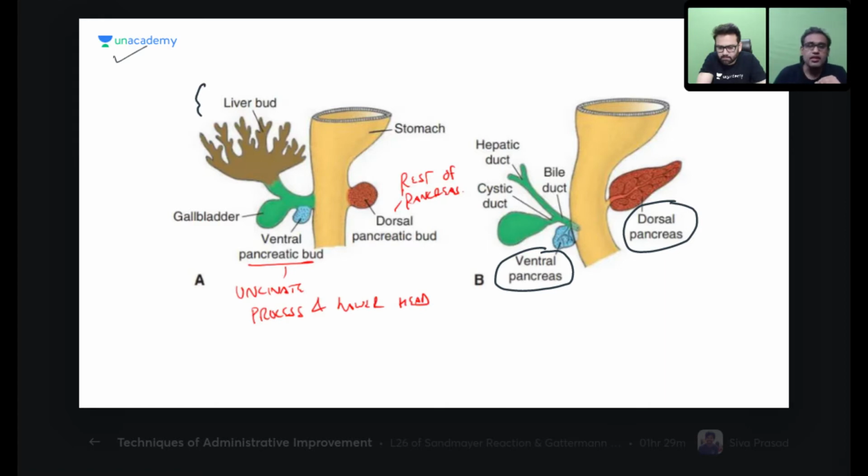Okay, finally. So again, for the third and hopefully the final time: two buds, ventral and dorsal pancreatic bud, at the junction of foregut and midgut. The ventral pancreatic bud rotates around the gut part, and which is this gut part? That is your light brown color, the duodenum. So it will rotate behind. That is a very important point. Make a note of it, because I will not be able to write over here. The ventral pancreatic bud rotates behind the duodenum and sticks at the inferior end of the dorsal pancreatic bud. Okay, so we can have the next slide, boss, please.